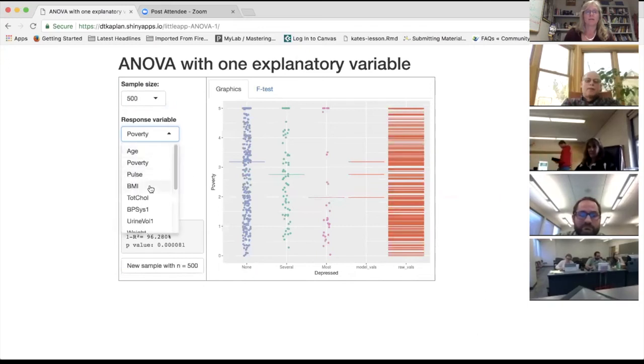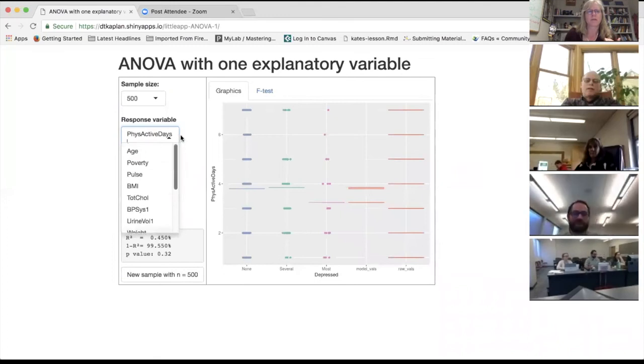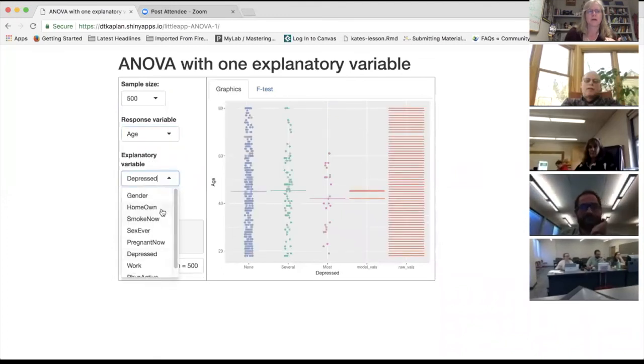Or I might look at whether or not somebody exercises, is physically active, and see what the depression would look like for that, and see if there's any kind of variability going on. So I would integrate that into my classes and talk about it. Then I'd have another lesson where I go back to the one we were dealing with earlier, which is age and